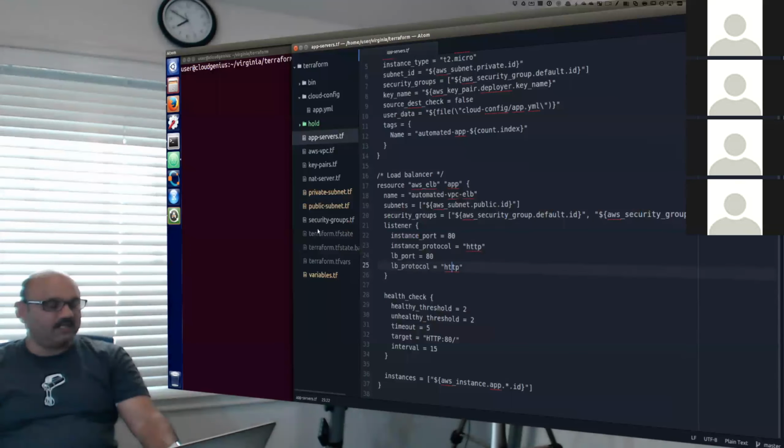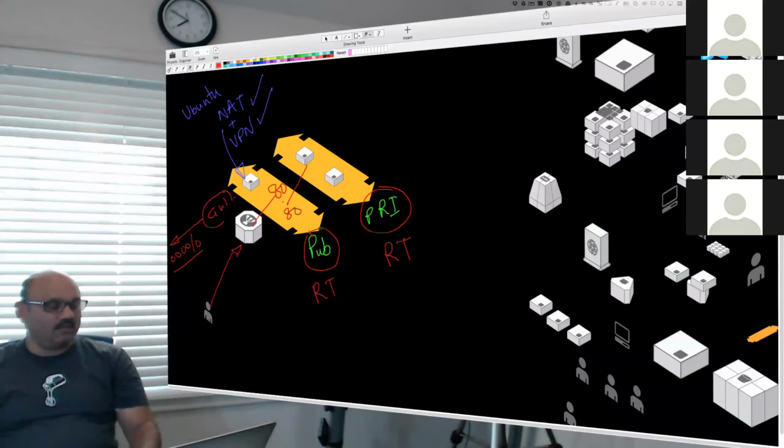So these guys need to talk to each other. So we are basically saying you guys talk to each other on port number 80. And so that nobody gets confused about who's talking to who on which port, you can actually make this distinction and have this guy talk to 80 and that guy respond back on port number 81. That is also okay. But in our case, we just use this example. You can modify whatever you want.